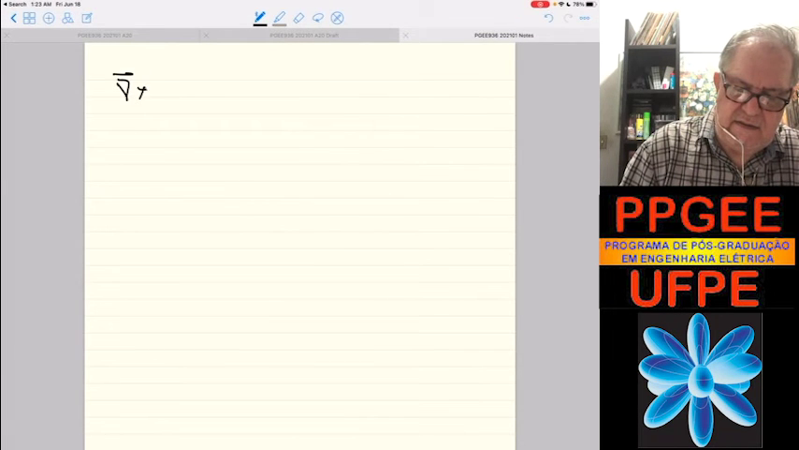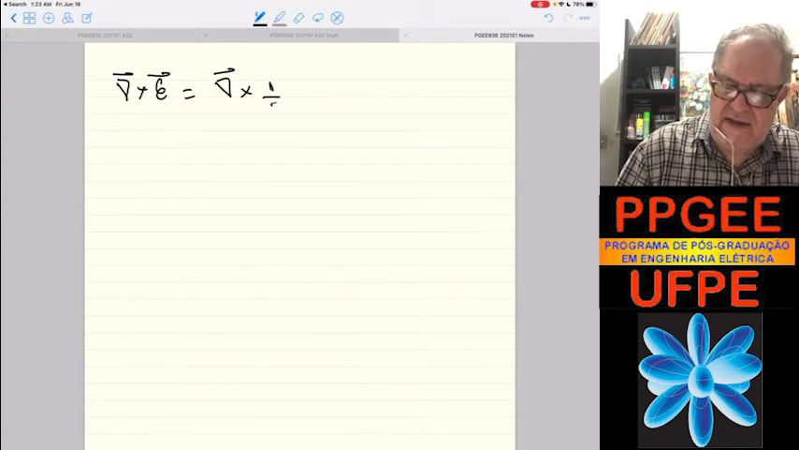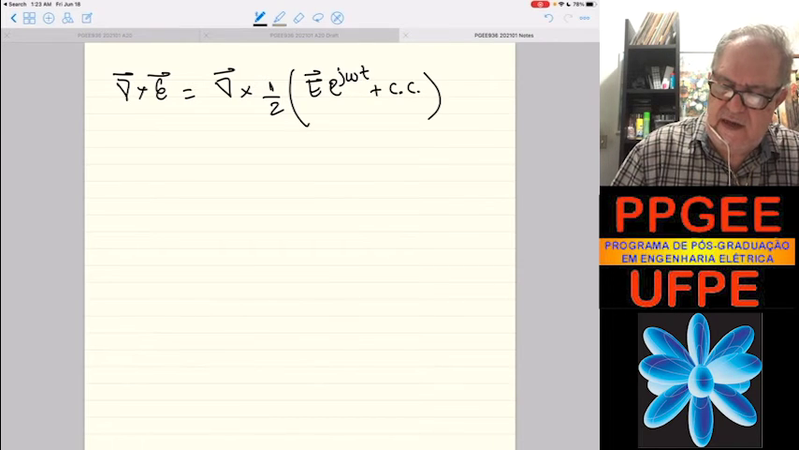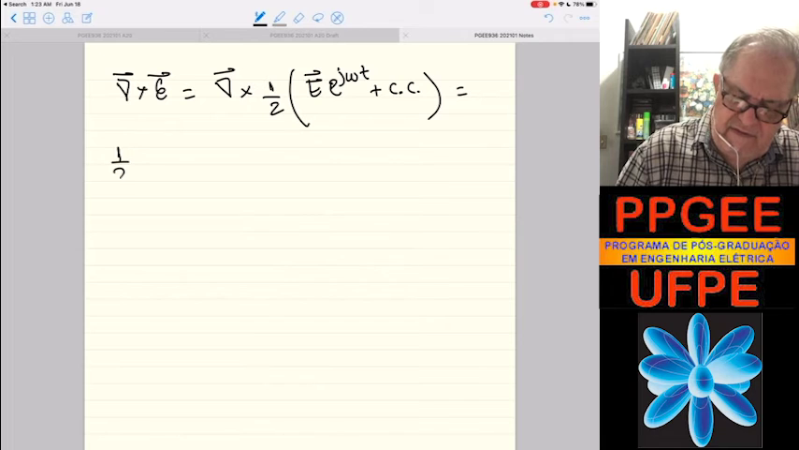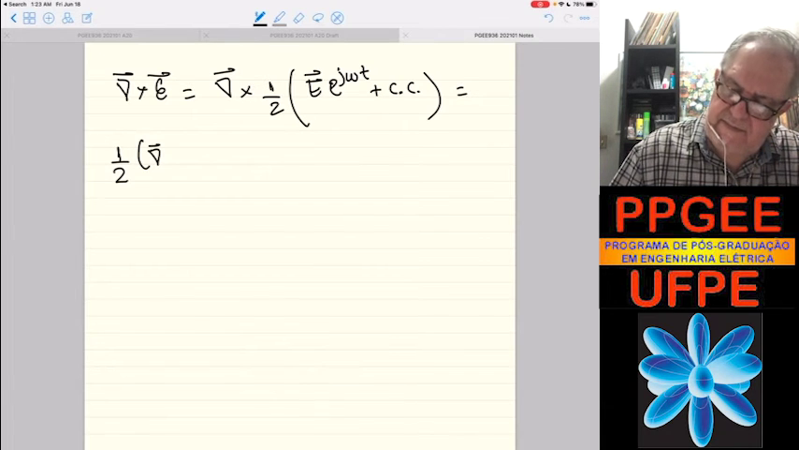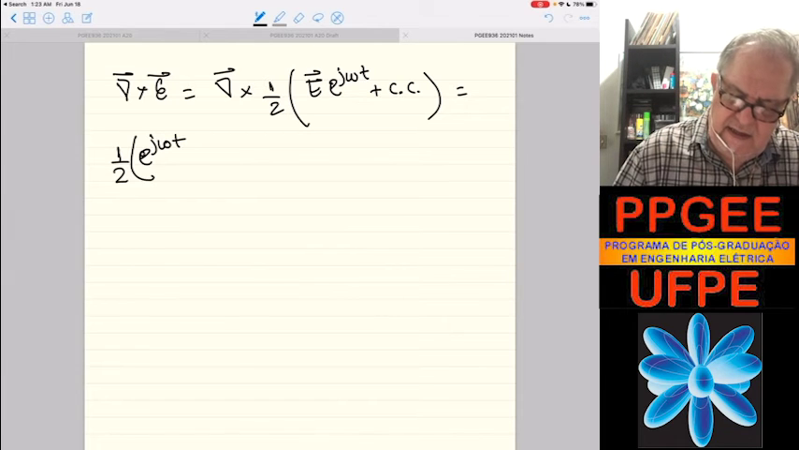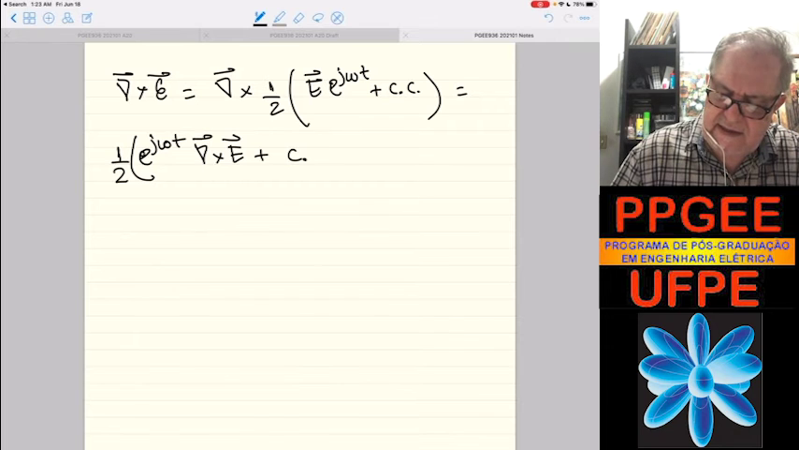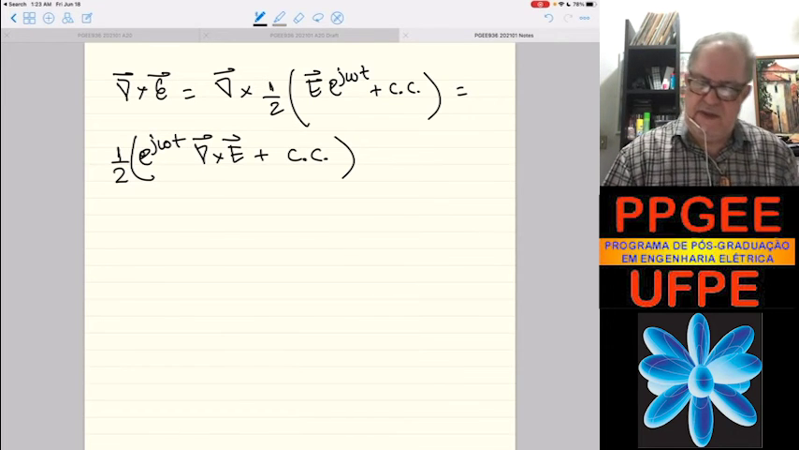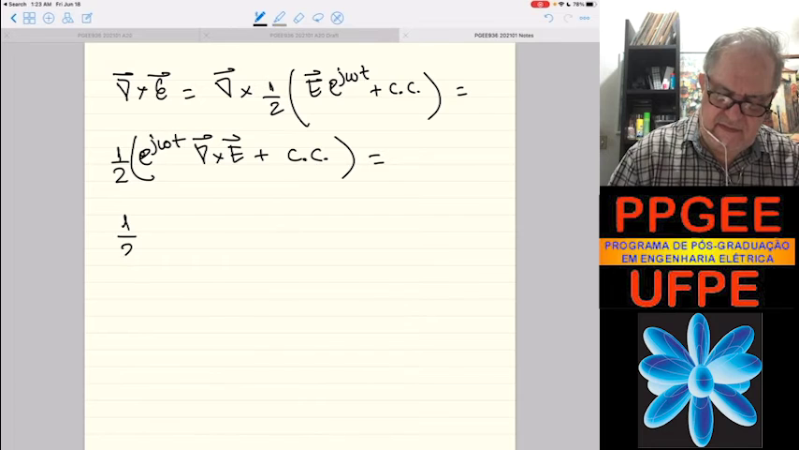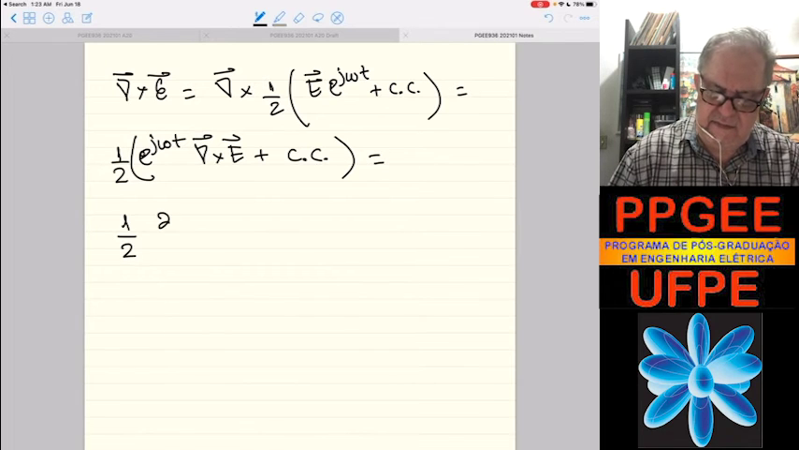Curl of E equals curl of 1/2 of E exponential j omega t plus complex conjugate, which equals 1/2 curl of, I can put the exponential j omega t outside, curl of E exclusively, right? Plus complex conjugate, which is going to be 1/2 of d/dt